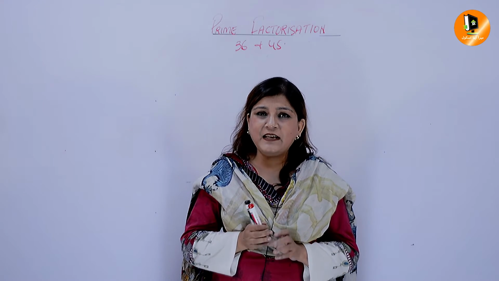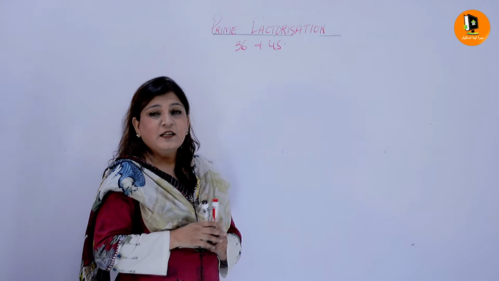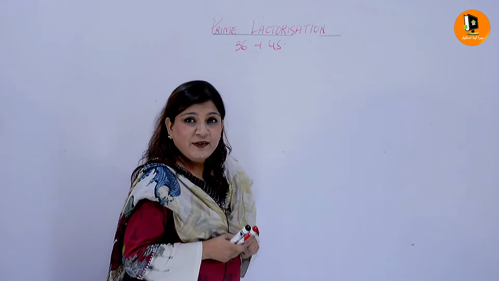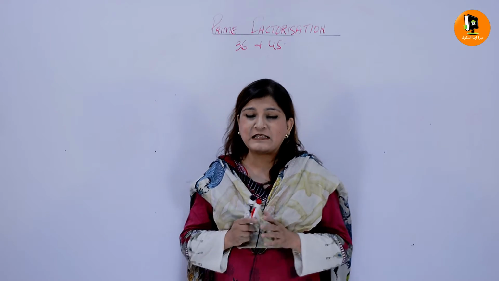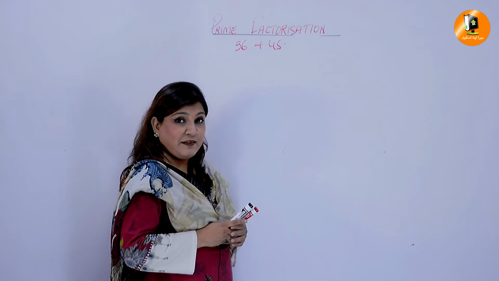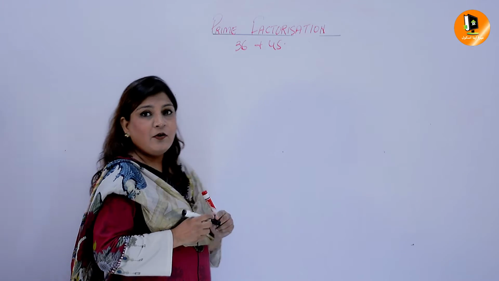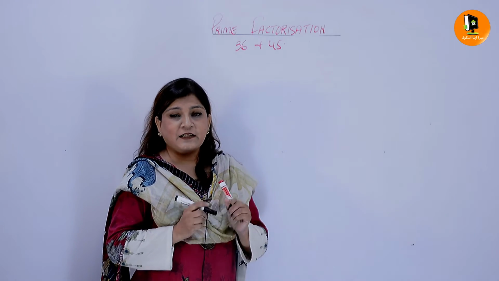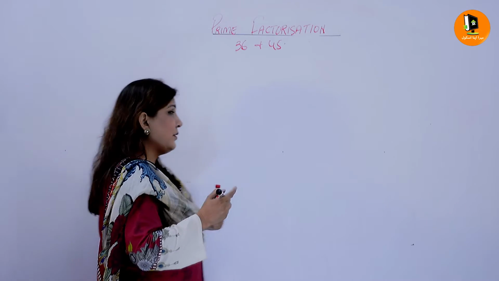36 is an even number, so we divide 36 by 2. The best way to find the prime factors of any big number is the division method. So we follow this division method to find the prime factors of 36. As we know that 36 is an even number, first of all we divide 36 by 2. Let's start.